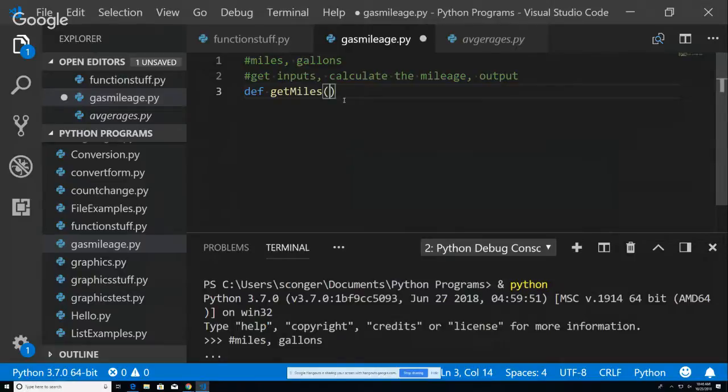We could pass these, but I'm going to use returns. When you do a function, it's always def, or define, a name and parentheses, which can take arguments or not. We'll play with the arguments more after a bit. And all I'm going to do here is say